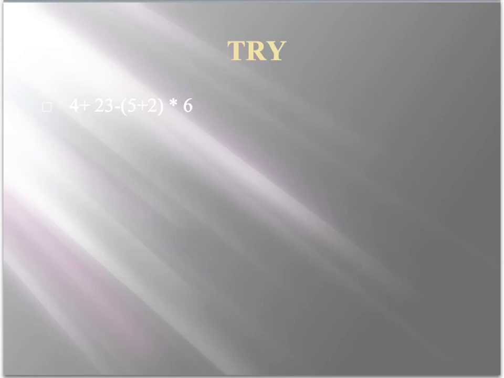So I would like you to try this one on your own. 4 plus 23 minus 5 plus 2 star 6. And this means multiply